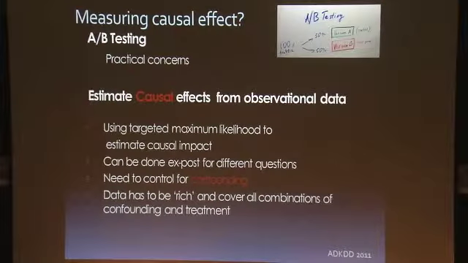So what we were interested in: can we use just observational data on our campaigns to estimate the causal impact of ads? And there is a very interesting stream of literature. We hired somebody out of Berkeley on targeted maximum likelihood, kind of double robust estimators of causal impact in observational data. And it really comes down to being really thorough at accounting for all confounding that could obscure your results.